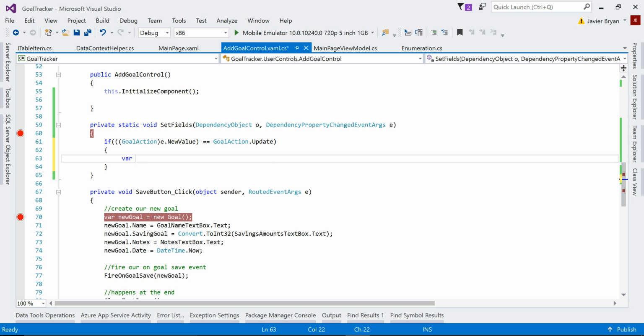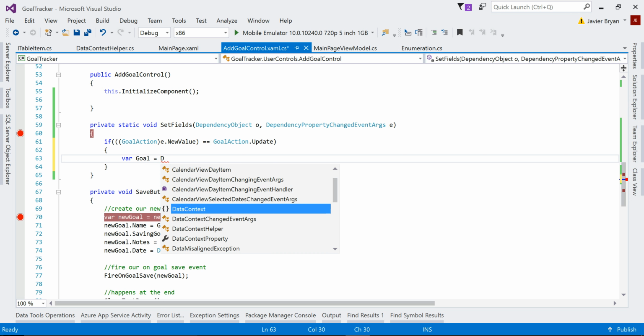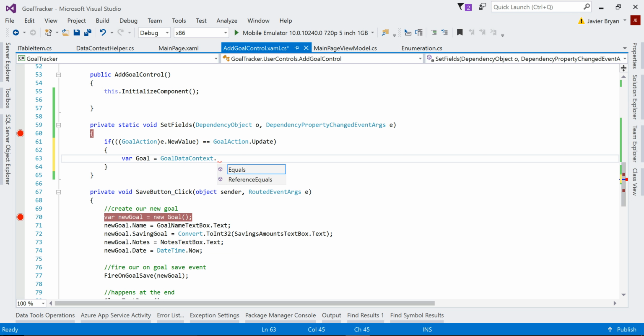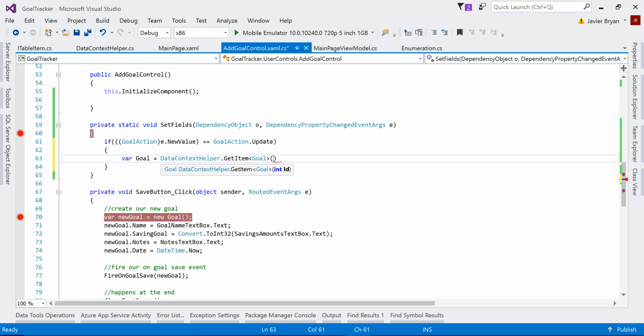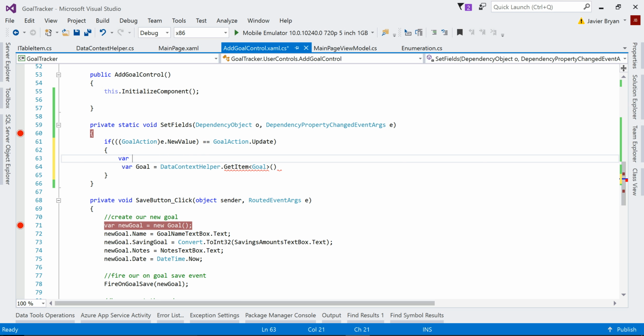Actually, no, we need to first get our goal equals goal data context. That's not what I want. Data context helper dot get item. We still didn't even test if this works yet. So o dot var. We'll call this our